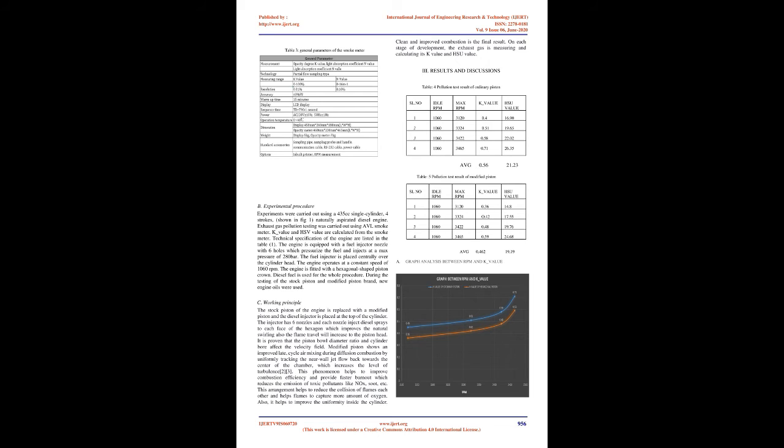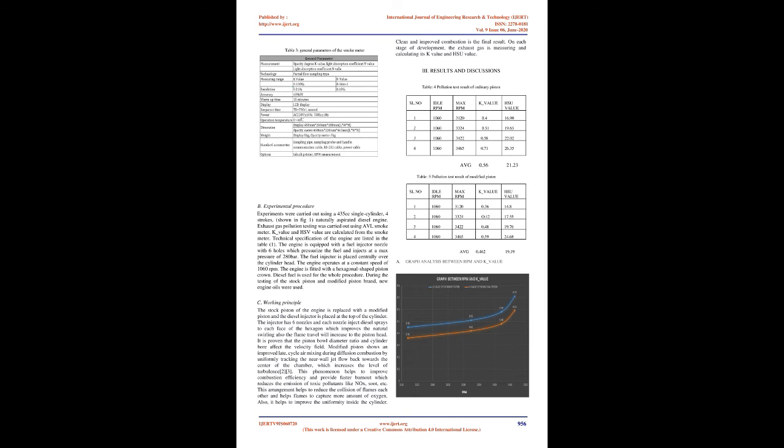It is proven that the piston bowl diameter ratio and cylinder bore affect the velocity field. The modified piston shows improved late cycle air mixing during diffusion combustion by uniformly tracking the near wall jet flow back towards the center of the chamber, which increases the level of turbulence. This phenomenon helps to improve combustion efficiency and provide faster burnout, which reduces the emission of toxic pollutants like NOx,